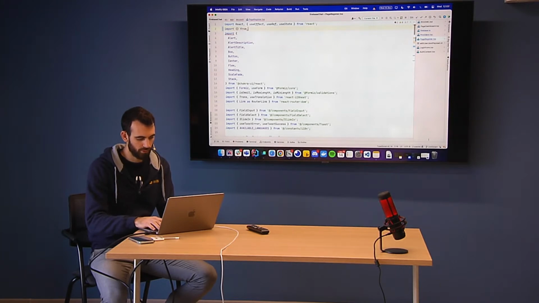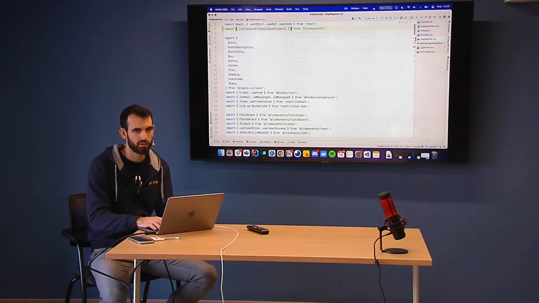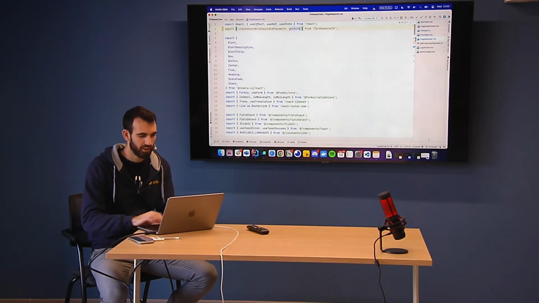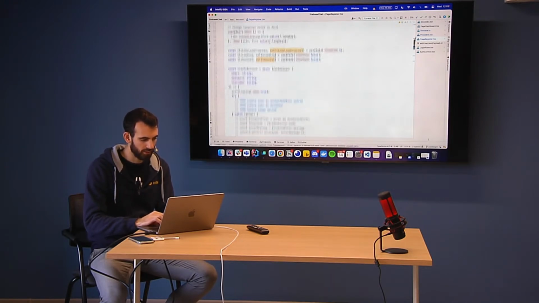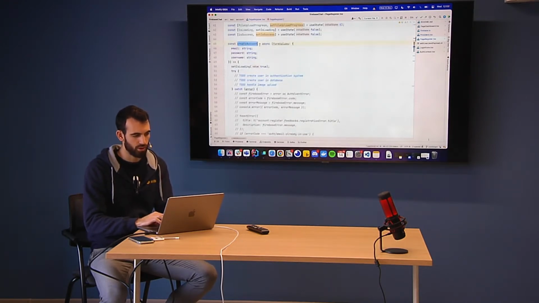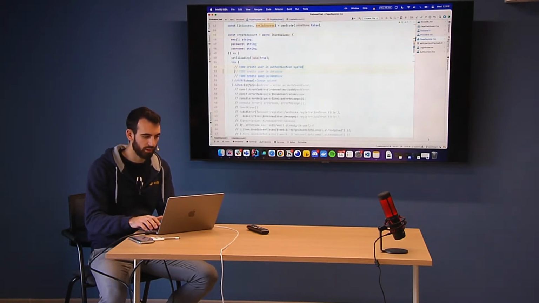So we'll import them from firebase/auth, and what we will import is just a function which is called createUserWithEmailAndPassword, and the getAuth function. And in the create account function, which is called when we press register, we will first create the user in